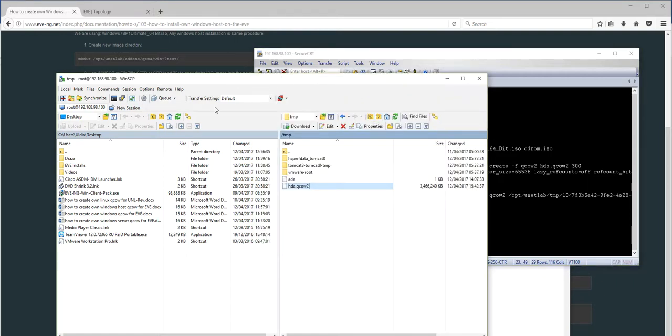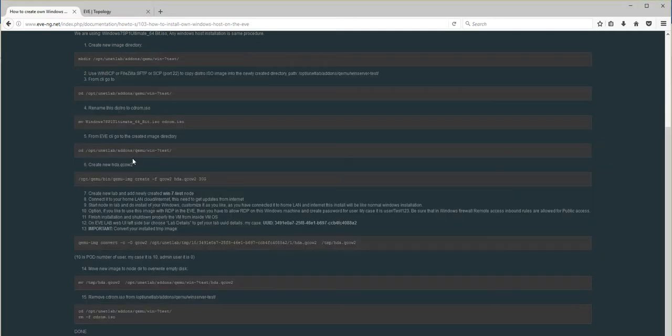If you go inside of the SCP client, you can refresh, and you can see the installed image is only 3.4 GB large. Right? It is not 30 like I mentioned before. We created an encapsulation, actually a container, for this image that is 30 gigs, but the actual image is 3.4 gigabytes.